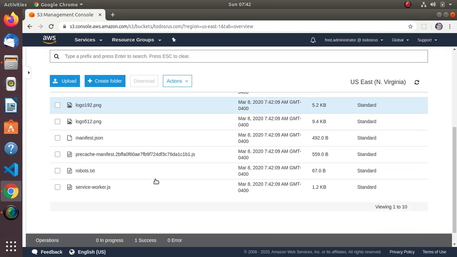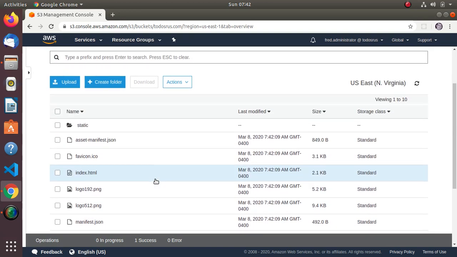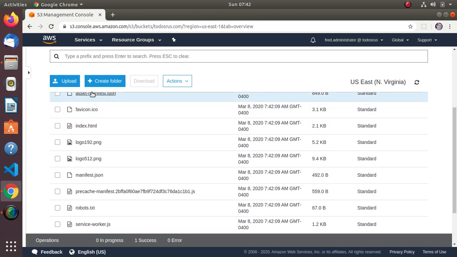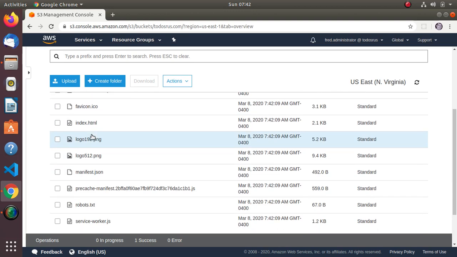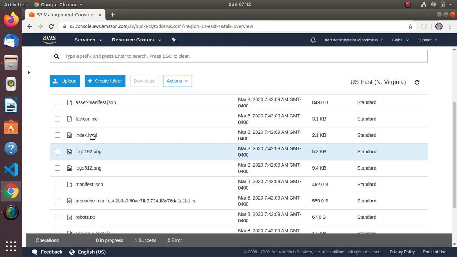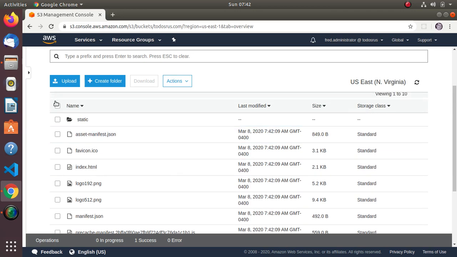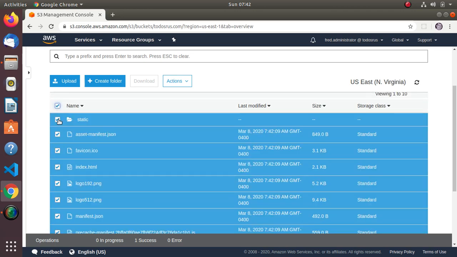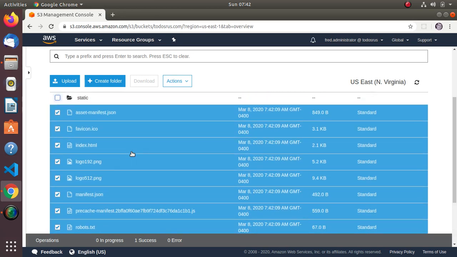Now, there is one change I'm going to make here. I'm going to be very conscious about cache control. And where you set that is on the S3 objects themselves, in the metadata on each of these objects. So the first set of files I want to deal with are all the ones in the root here. And basically, I don't want the browser or any CDN, CloudFront, to cache any of these files at all. So I'm going to select all the files but turn off static, so I'm picking everything but the static folder, and I go to Actions,